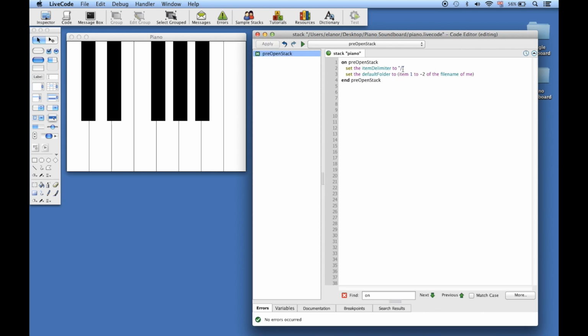So again, we're setting the item delimiter so that we look in between the slashes, and we're setting the default folder, which is the folder the app should look in for files, to item 1 to -2 of the file name of me. And remember, the file name of me is users Eleanor desktop piano soundboard piano.livecode. So item 1 to -2 is the first to the second last item, so it's all the way up to the piano soundboard folder. And that means that the app will always look in that folder to find any files